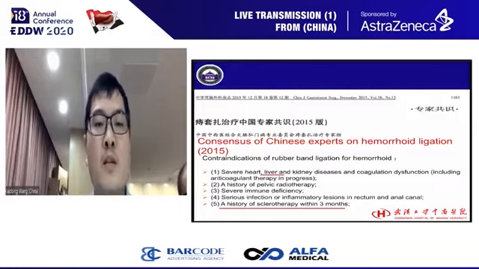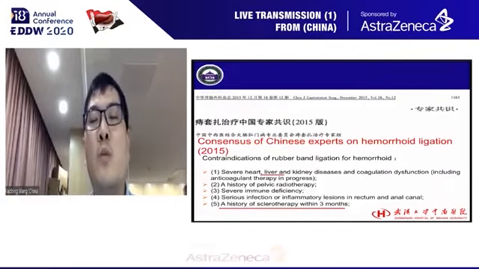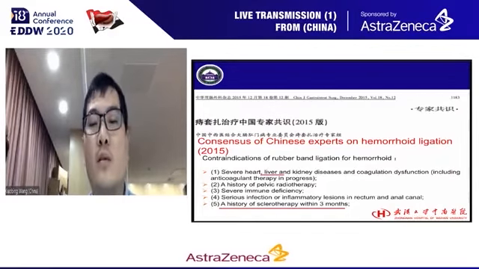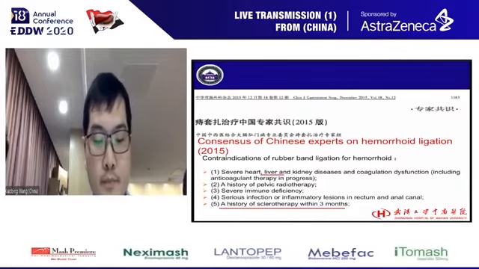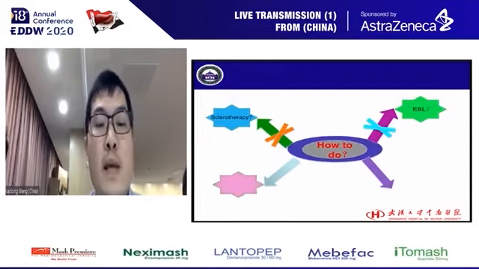This patient suffered from decompensated cirrhosis with abnormal coagulation state and had received sclerotherapy within 3 months. Thus, EBL was not suggested. Since EBL and EIS were both inappropriate,